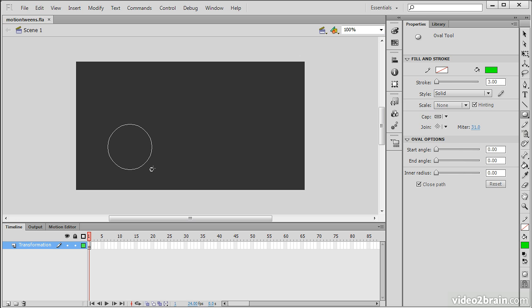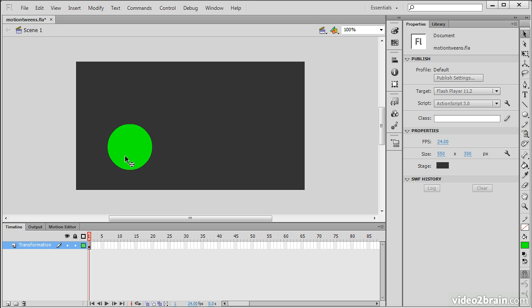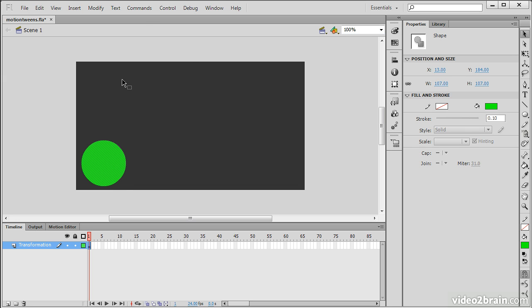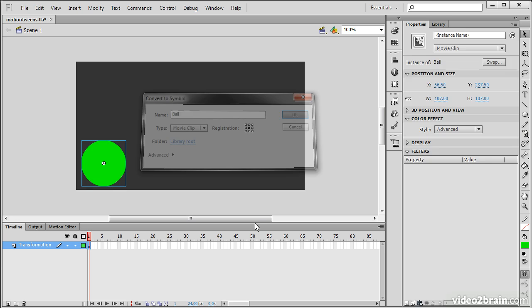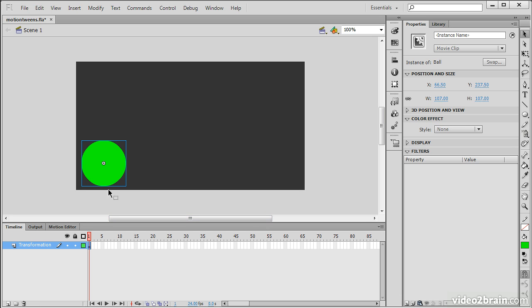I'll simply create a circle. We'll position it wherever we like, and then go to Modify, Convert to Symbol, give it a name of ball, make sure it's a type of movie clip, and hit OK. So now we have this movie clip symbol instance on our stage, and we'll be able to animate it through